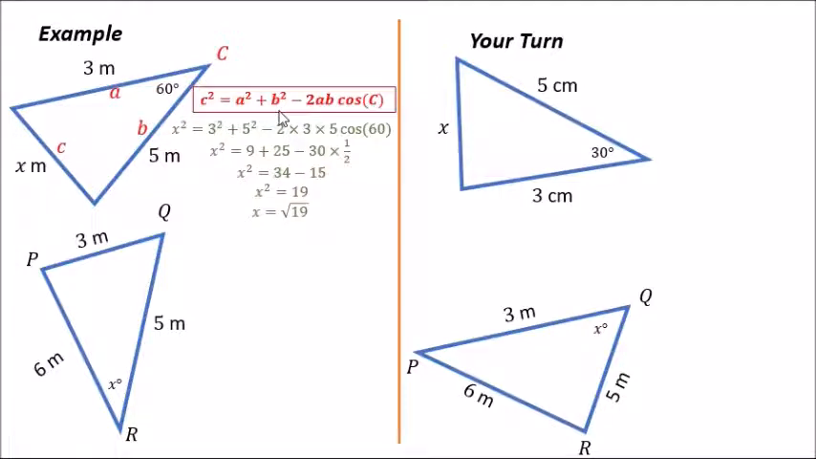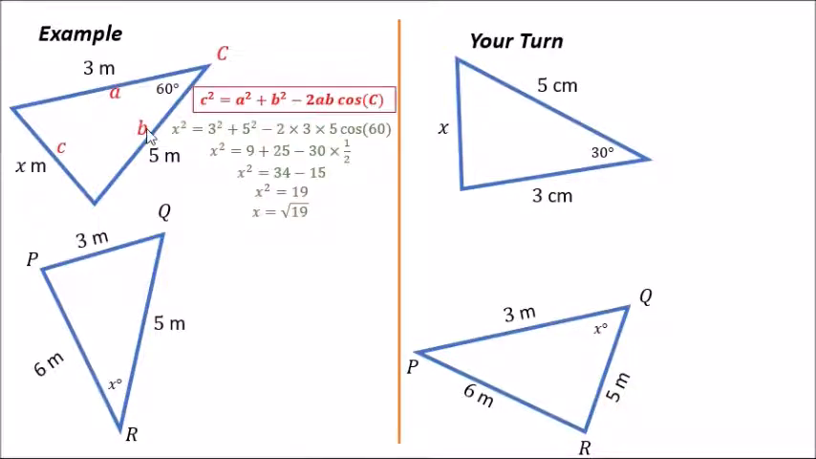This is the cosine rule, where a, b and c in lowercase are the sides, and the capital C is the angle opposite the side c. That's really important. So the angle that we have is the 60 degrees. So I first labelled that capital C. And opposite that angle has to be the length c,